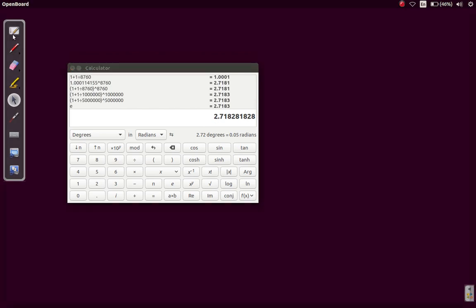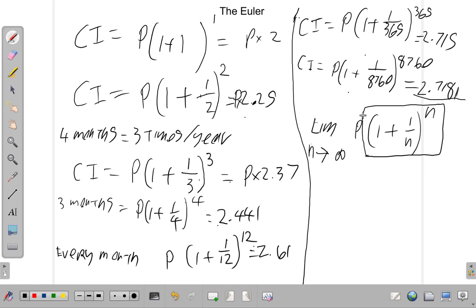So this is actually how you get this number. We call it Euler, and it's represented using lowercase e. It's named after Leonhard Euler,